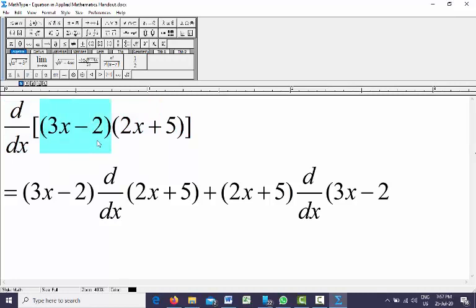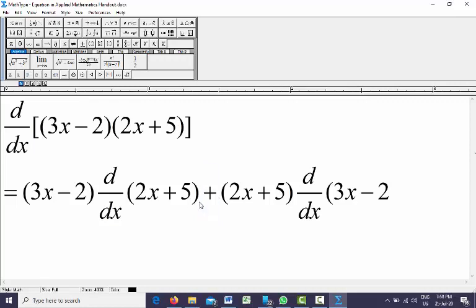So let us choose this one. We will keep this one first behind d by dx. So this item is behind d by dx, and the other item we have chosen to keep in front of d by dx. And then always remember, if you have something like that in multiplication, the multiplication rule of differentiation dictates that you should have a plus.